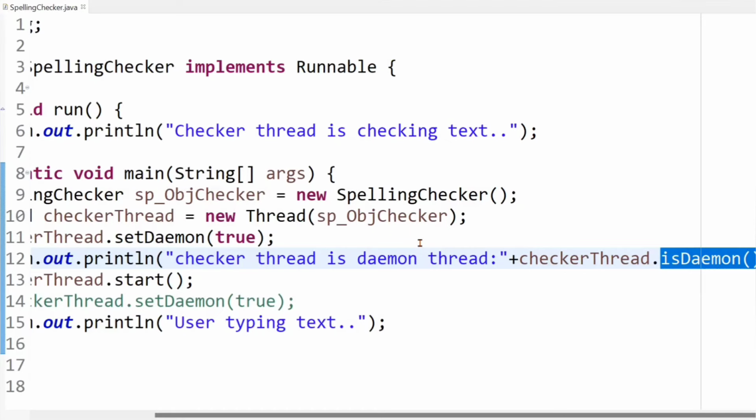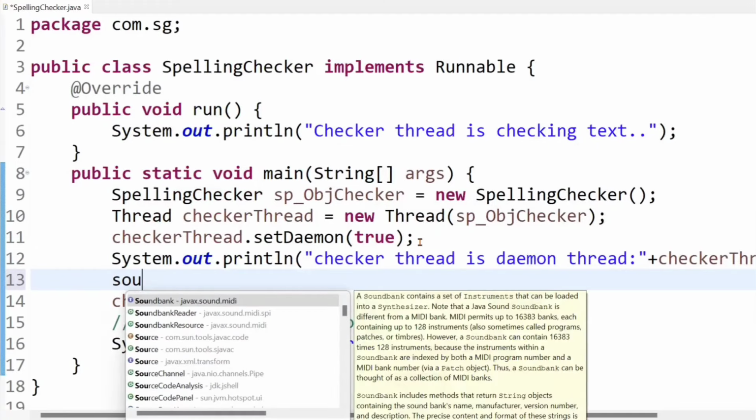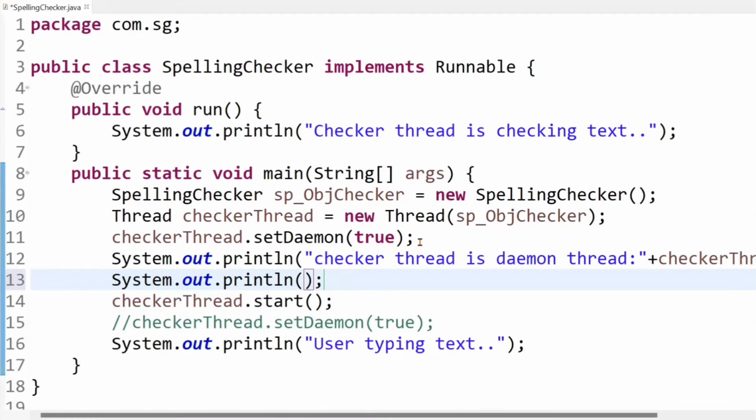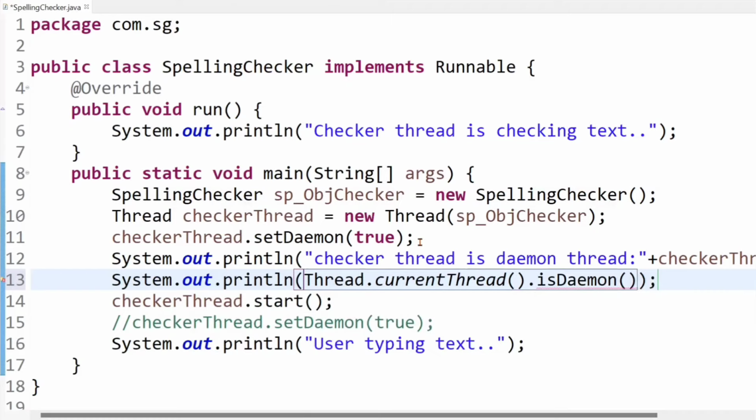Okay. So to check whether the main thread is a daemon thread or not, we will have to write Thread.currentThread().isDaemon(), and here we can write: main thread is daemon thread.